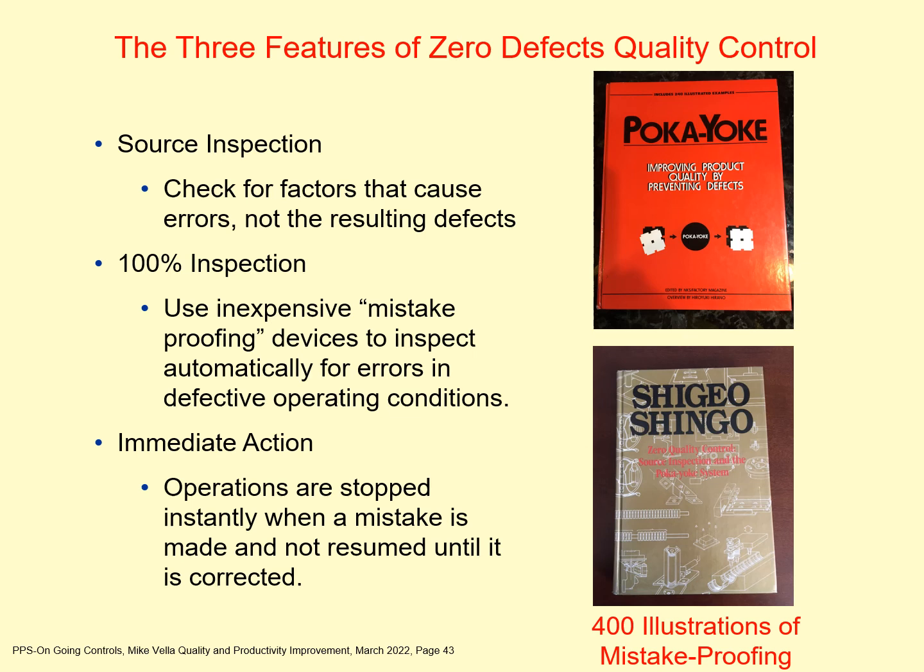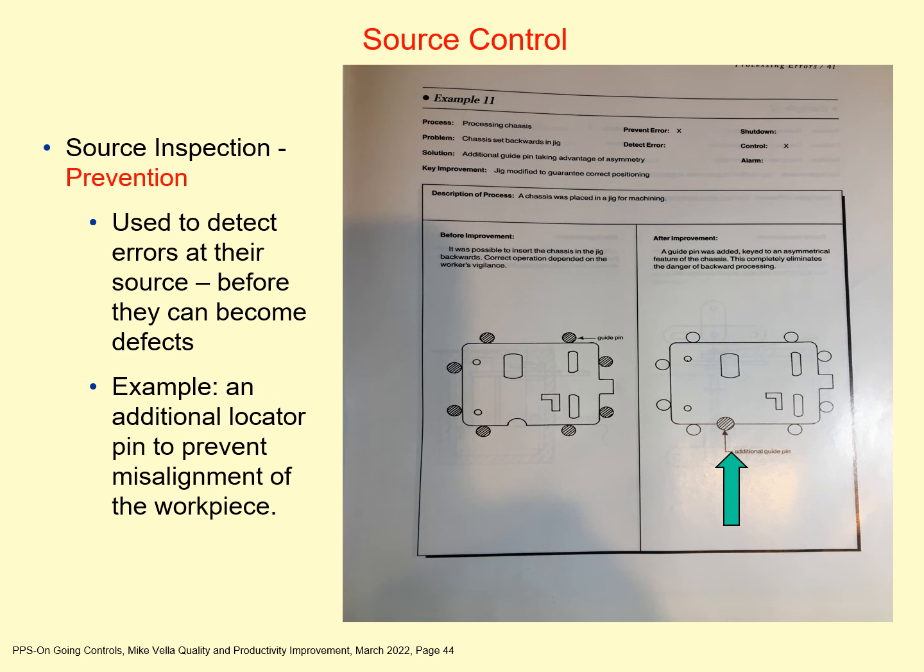How about a couple examples? Now these are just photographs of one of many of the examples. For example, in this case, they have on the left-hand side a plate, okay? And there's potential for this plate to be reversed, left to right, up and down. Again, inadvertent error. The proper way to assemble the plate or have the plate ready for further assembly is in